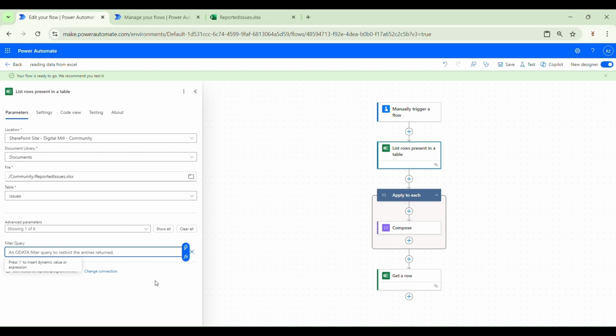So this OData filter query follows a default syntax where the first value that you need to pass is the name of the property that you want to filter. In this case, the name of the column from the Excel table. We are using for that the person name. And you need to make sure to use the proper casing for all of the letters in the name of this property. So in our case, the person starts with capital P and name with capital N, and you need to keep this convention